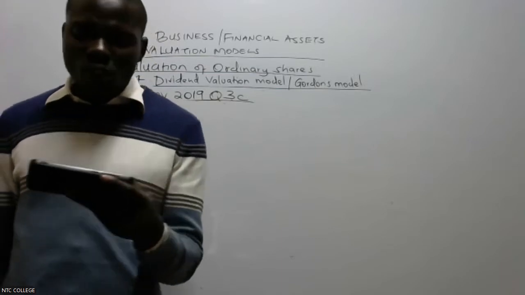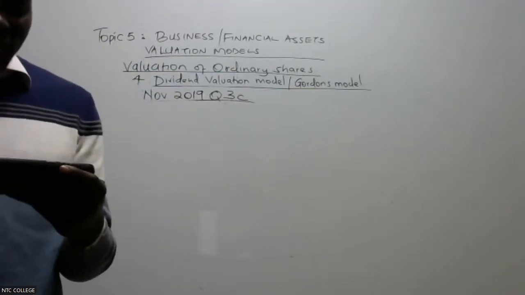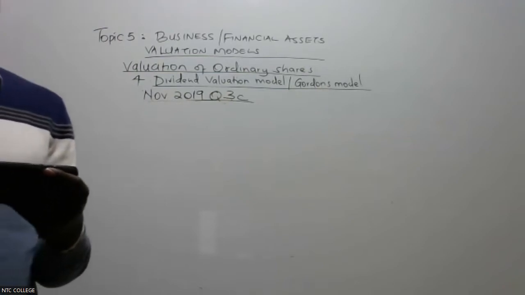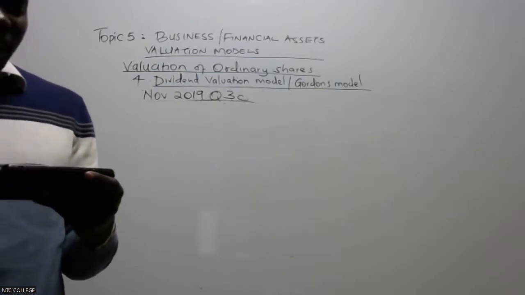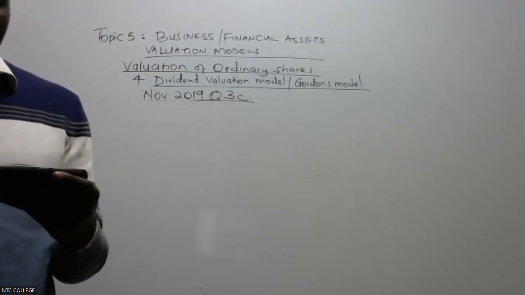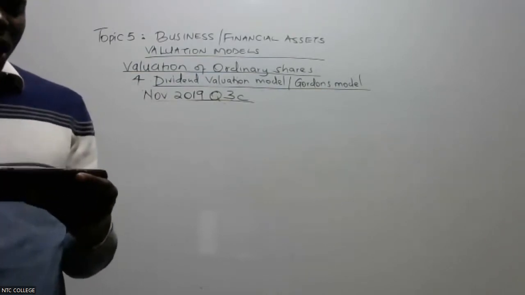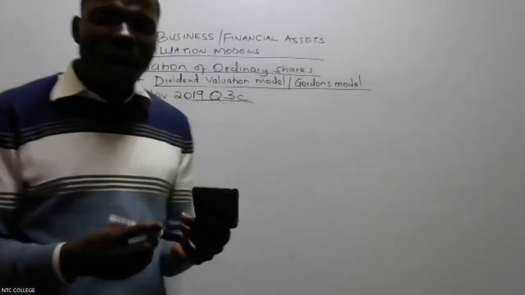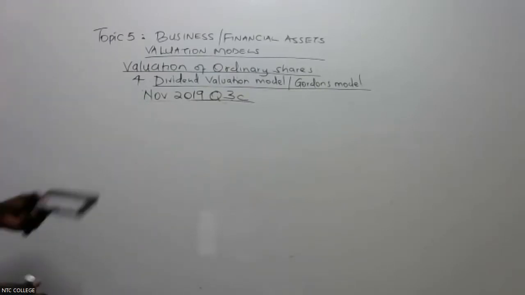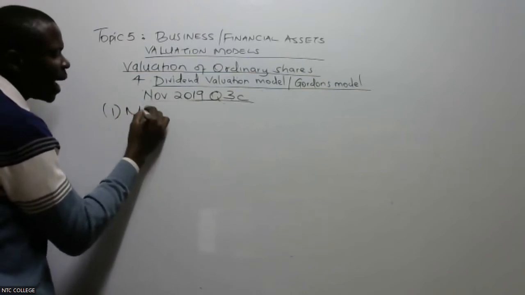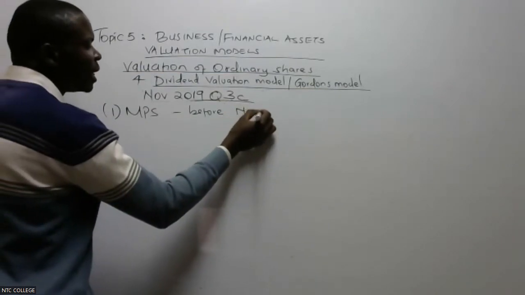Required: using the dividend growth model, determine the market price per share as at 31st December 2018, prior to the change in the financing policy. Number 2, the market price per share as at 31st December 2018 under the new financing policy. Then number 3, the break-even growth rate in dividends per share using the market price calculated in C1 above. That is the question. So, number 1, they want the MPS before the new policy,